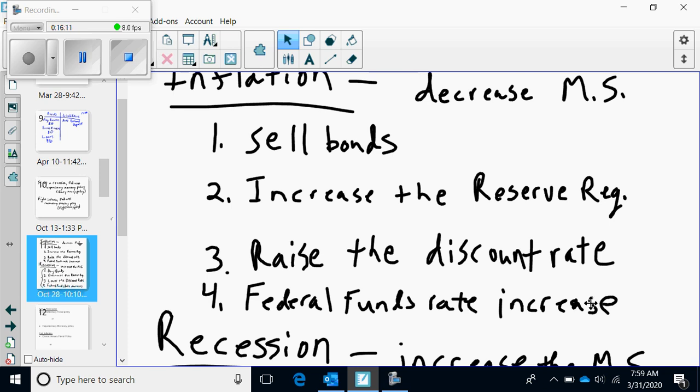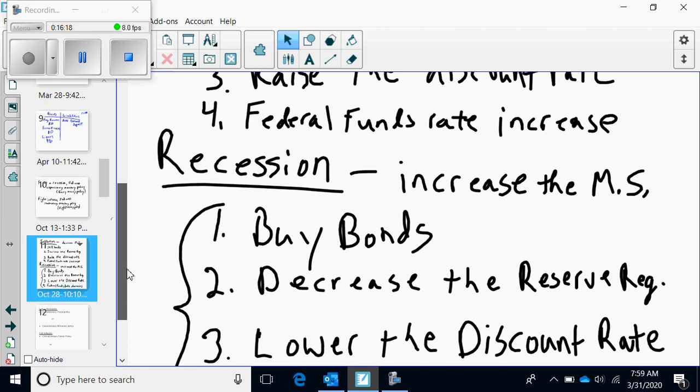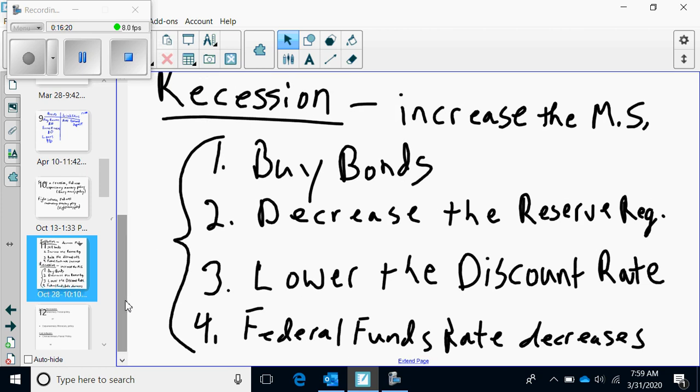But also over here, notice that whatever happens here, the opposite happens to the money supply. So look at a recession, which is what they're doing. Easy money policy, they're going to increase the money supply, which means buy bonds, big bucks. Alrighty? So basically, right here, you understand the Federal Reserve, and this is what most of the world doesn't understand about their central banks. You do now, so it's kind of pretty cool that y'all understand this.